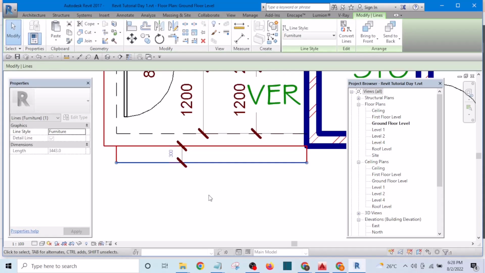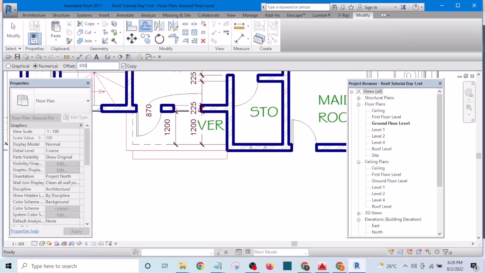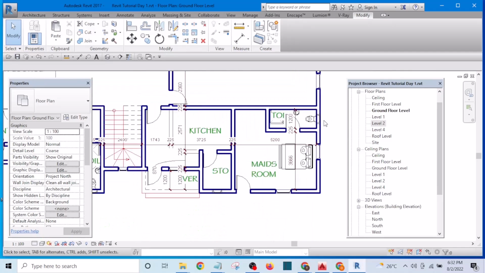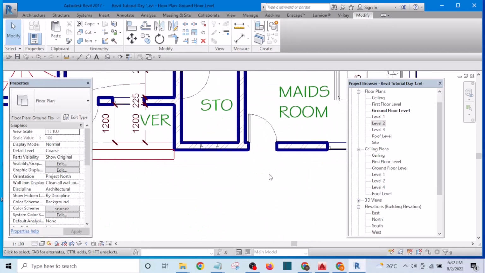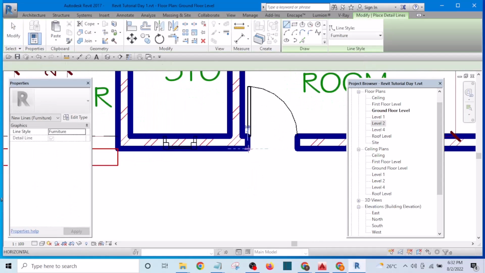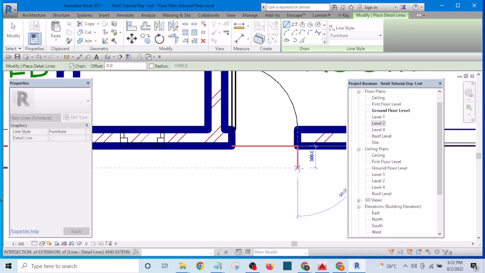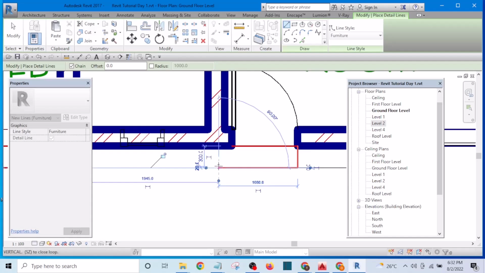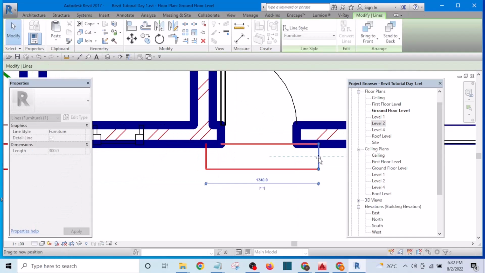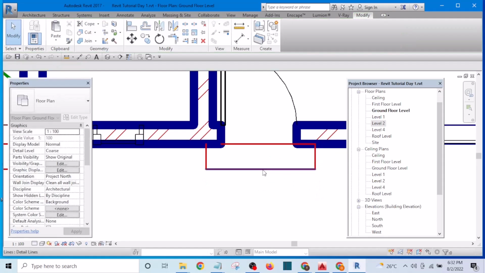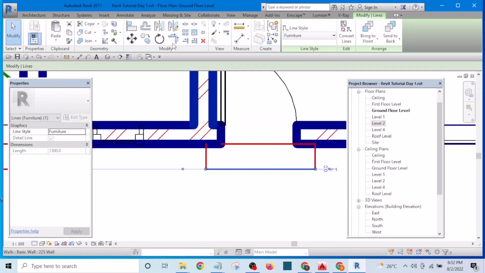If I like, I can set this one to be something like 300. Okay, we are going to add line here, and if possible we can make it a step. Let me drag this one out a little bit. I can copy this,